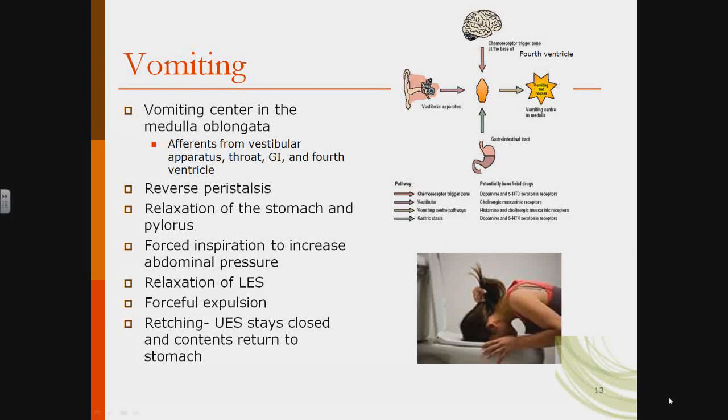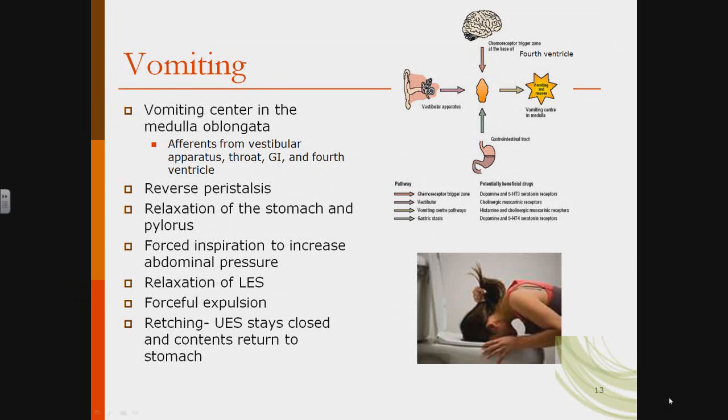And by evolutionary fact, I mean back when we all lived in the same cave and we ate the same food, it stands to reason that if one person started to vomit from the food that they ate, probably we all should vomit it up. Maybe it was rancid. Maybe there was some sort of bacterial contamination. I'm going to tell you about the different centers of vomiting control.